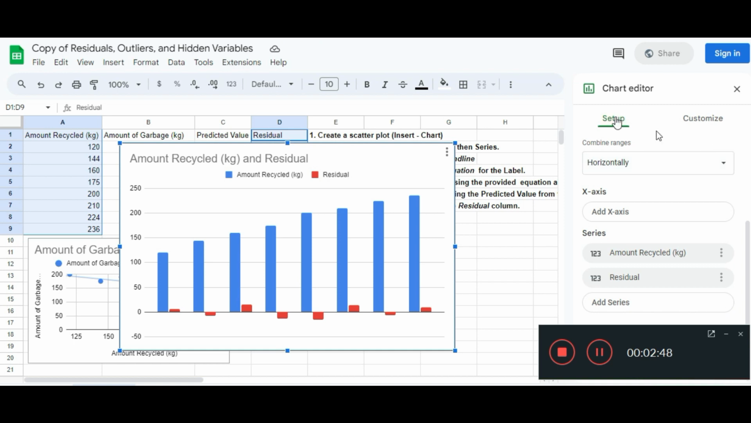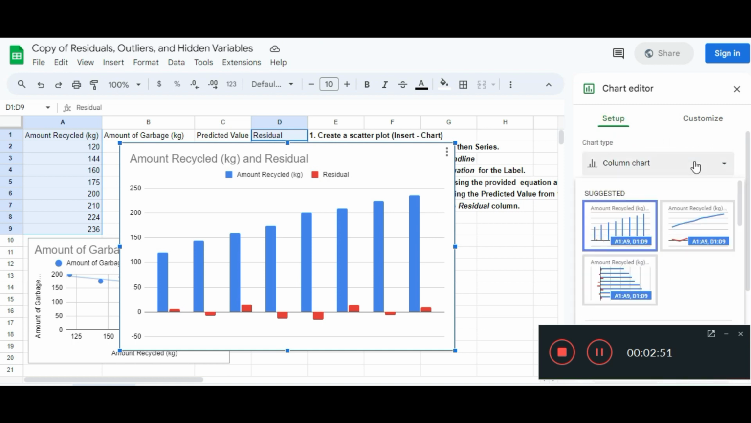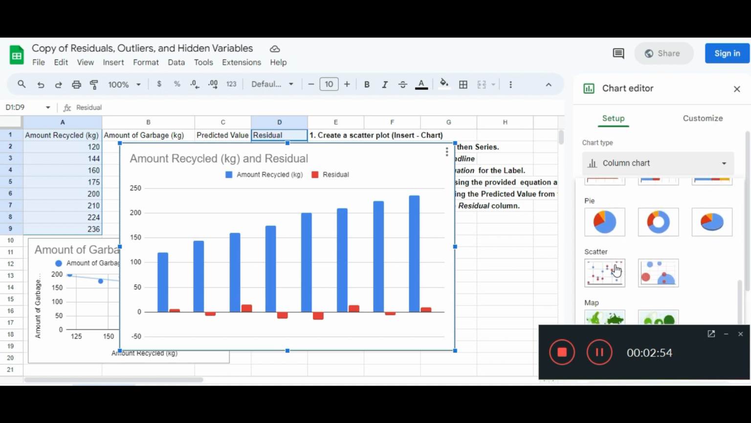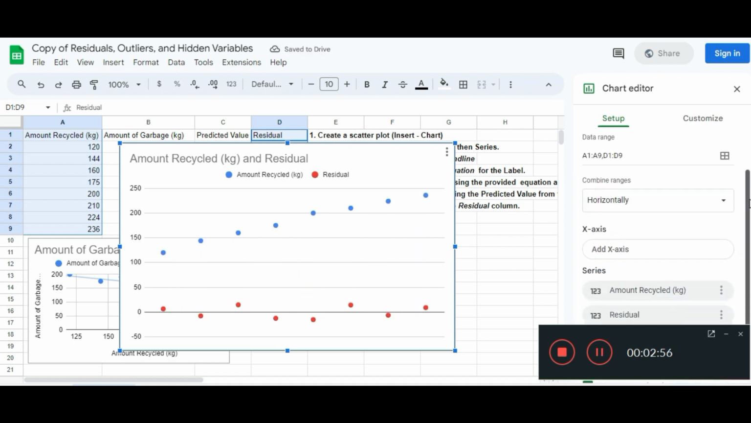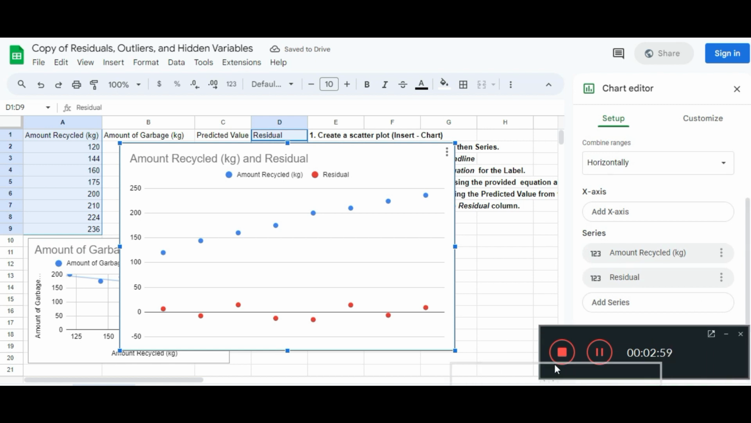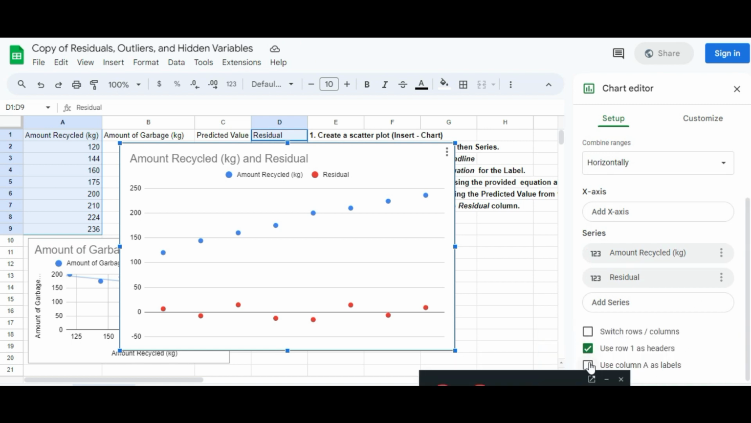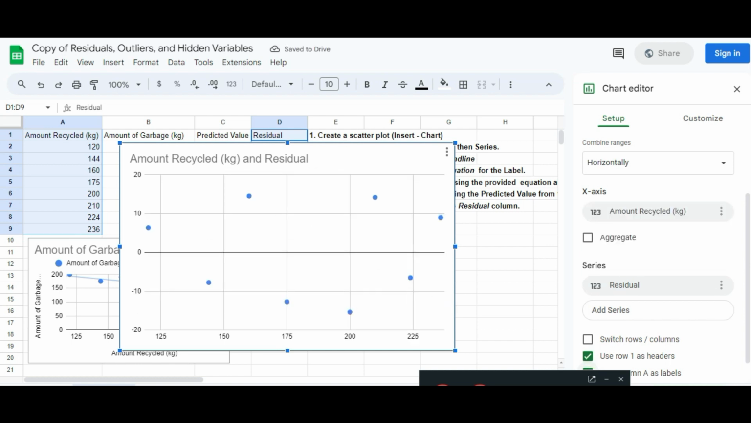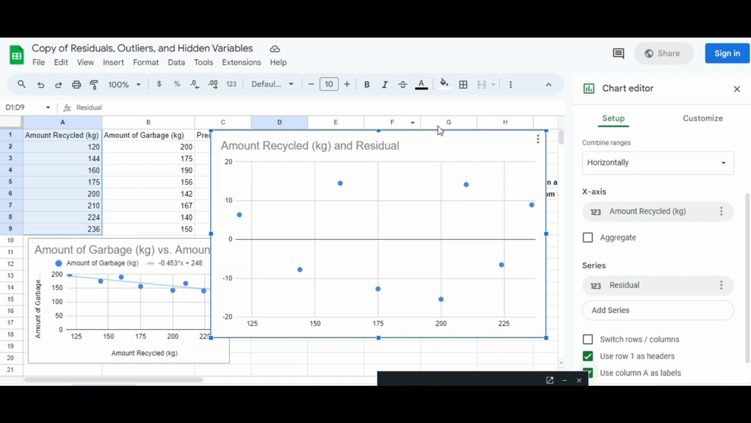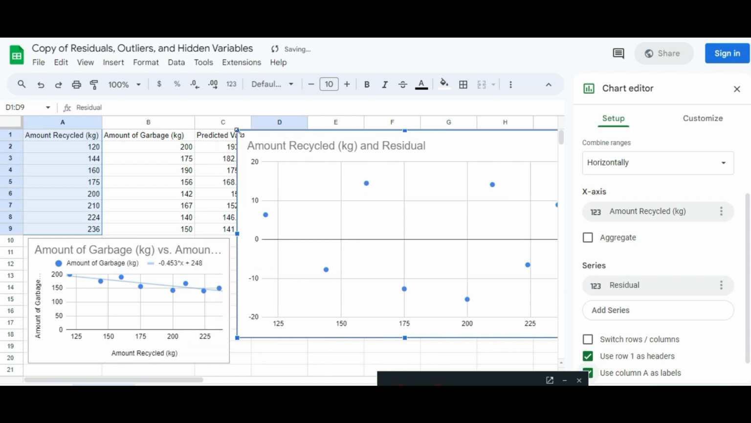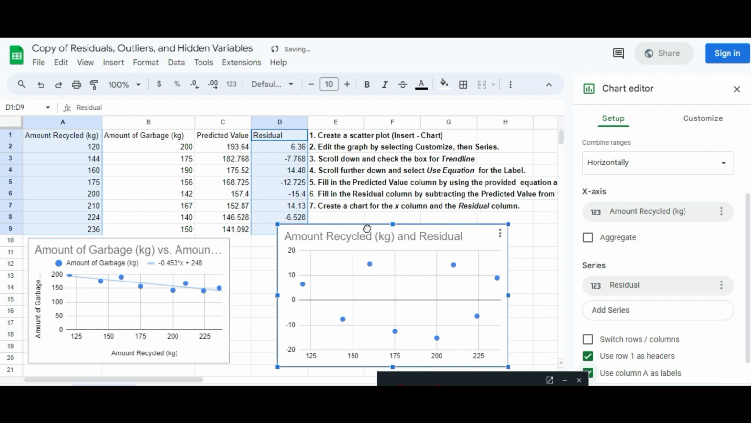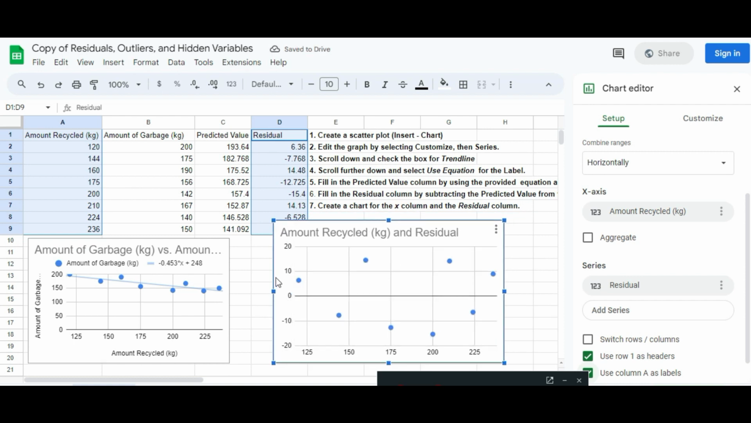You're going to go to Setup, and we're going to change the chart type to a scatter plot, and then if you scroll down and click use column A as labels, then we're going to get our scatter plot for the residuals. So this shows us that the line of best fit is fine, because we've got equal number of points above 0 and we've got equal number of points below 0, and it even bounces back and forth between above, below,